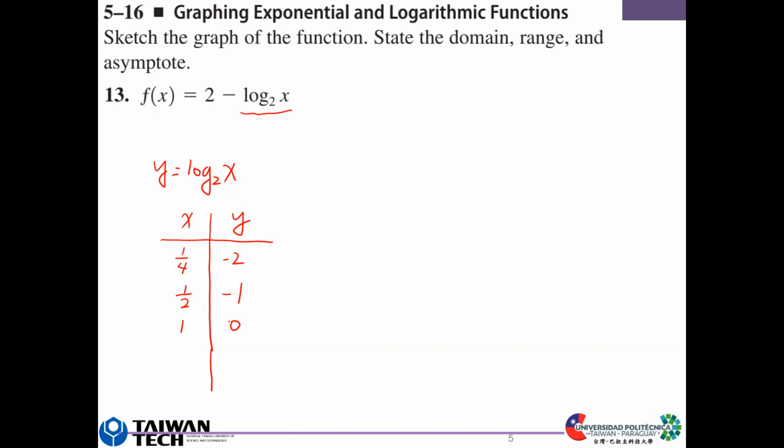If we put x equals 2, y equals 1. If we put x equals 4, y equals 2, and so on. And if we put 8, it becomes 3. So for this log 2x, if we draw this on the xy plane,